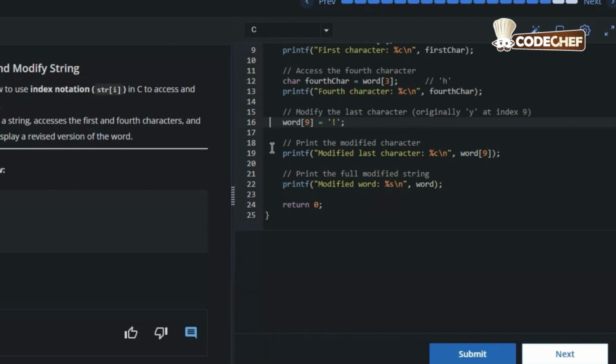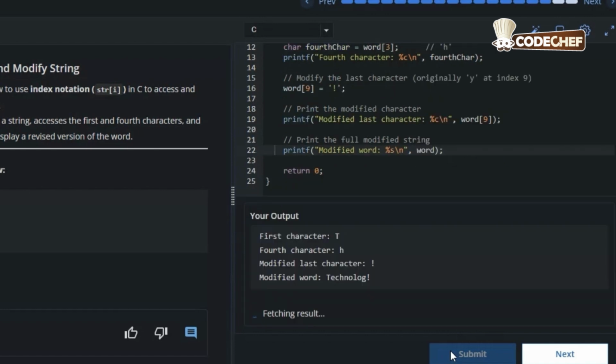So now the modified string is technology without Y, and instead of the Y we have the exclamation point. Next we have the line that prints the modified character, which is just the exclamation point. Now next we print the entire modified string, which is the word technology without Y and an exclamation point instead of the Y.